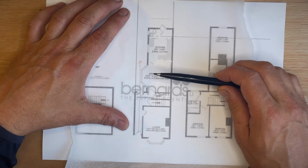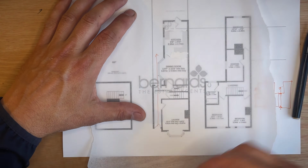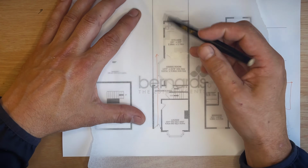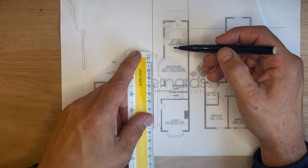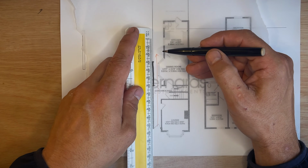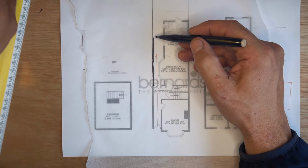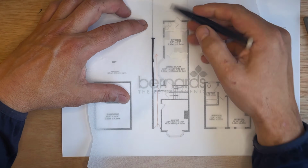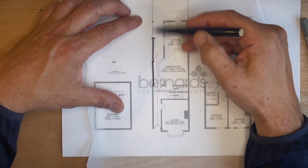Now, the downside of extending is you lose that route through, both visual and physical. But you could infill this whole area. Without planning, you could go 3 meters, and with a larger Homex application, which needs your neighbour not to object to it, you can go 6. So you could do something like that, and you'd need a full planning application to go the full length, which can get